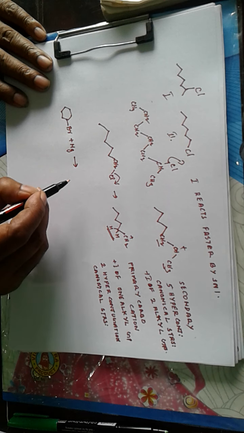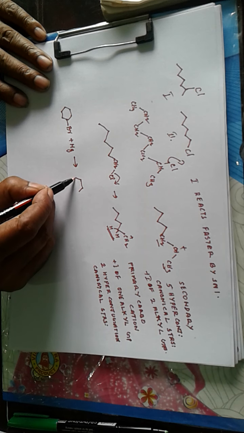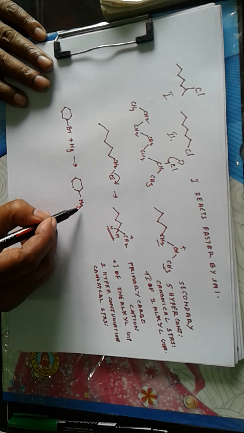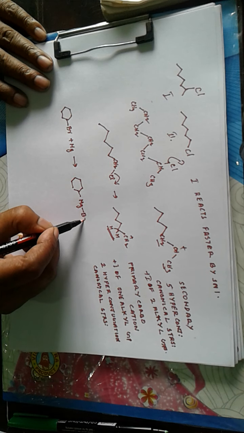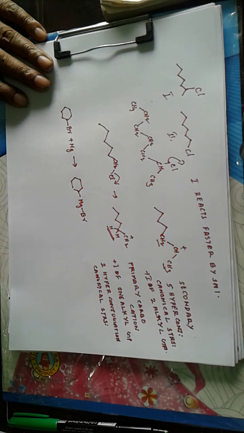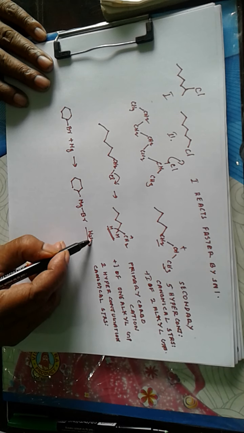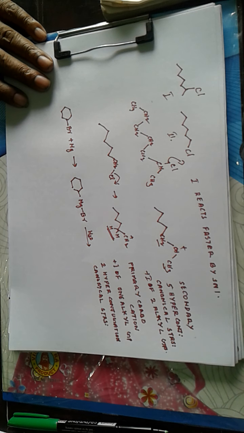So evidently a Grignard reagent should be formed, MgBr. And this happens in dry ether. Now this one hydrolysis, H2O. A hydrolysis reaction means